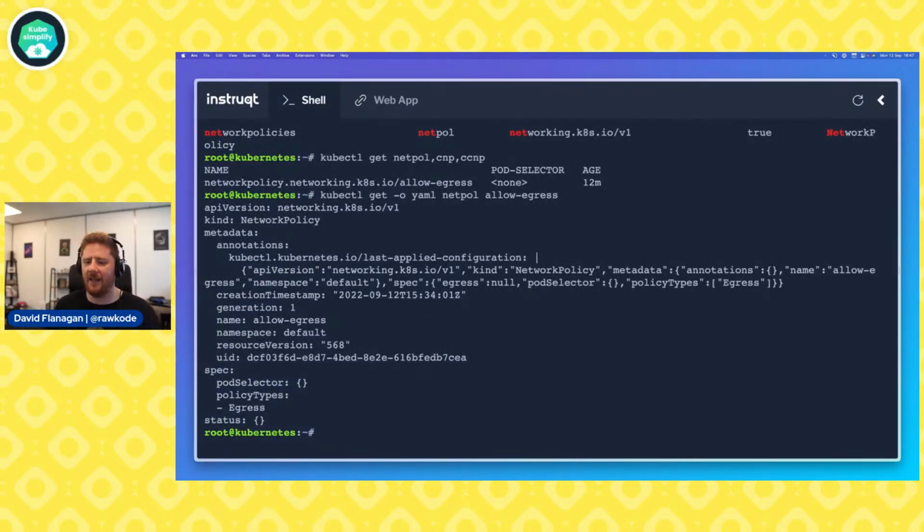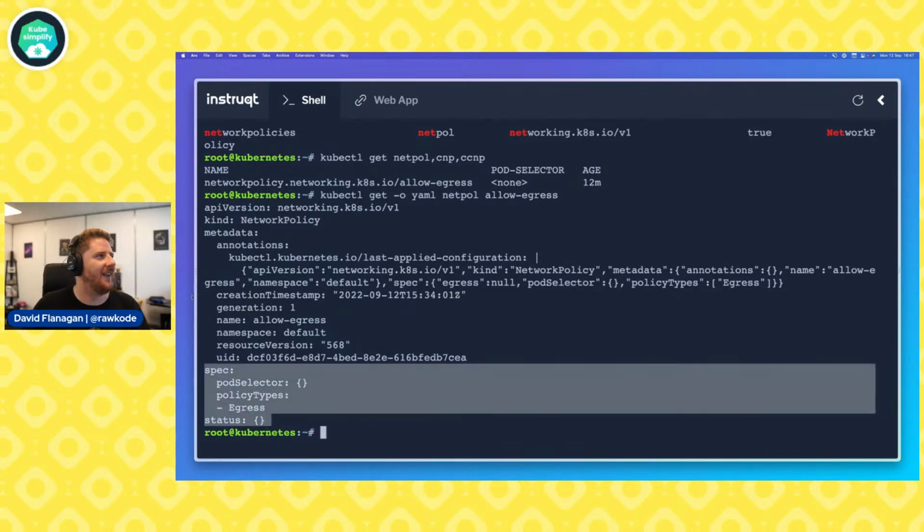Now, the reason I like showing off network policies is because visually, to read the YAML, they don't reveal an awful lot, at least when they're abused in this kind of way. Like here, we can see this network policy has a pod selector, which is empty. Is that all pods or no pods? Who knows? Okay, this policy is going to affect egress. Okay. How? This actually passes your eyeball test. Like I look at this all the time and I'm like, yeah, nothing wrong with this policy.